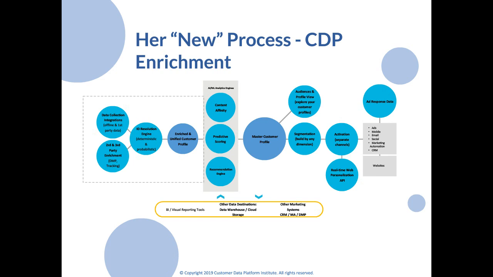So there are big considerations for match rates here, and the higher that match rate is, the more information and data she's going to have in her master profile. So when she realizes that she's got a pretty good match rate of closer to 80–85%, she's got a great new set of data that she can use. And then her team can essentially rinse and repeat with the same types of analysis and tool sets they're used to. So they don't have to incorporate completely different processes or completely different tools.